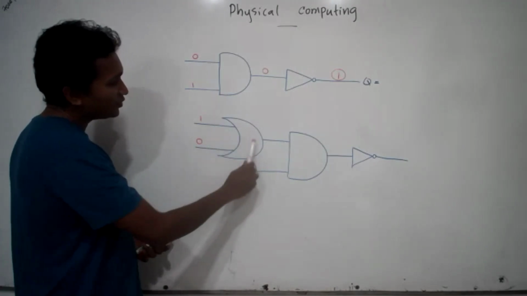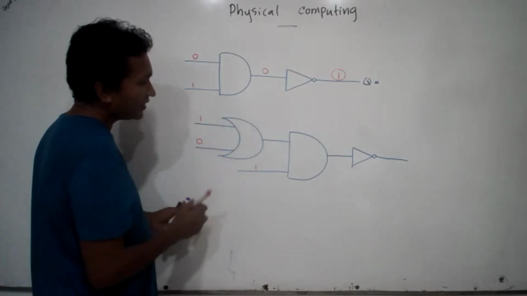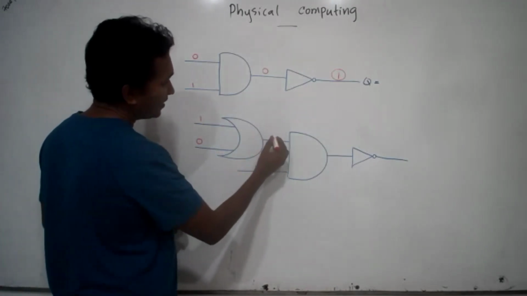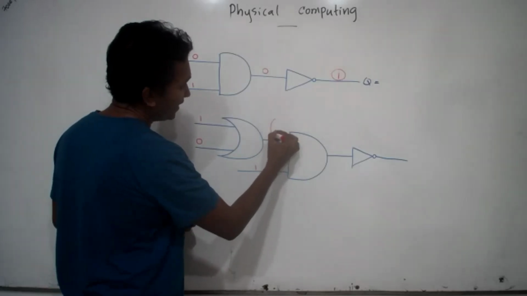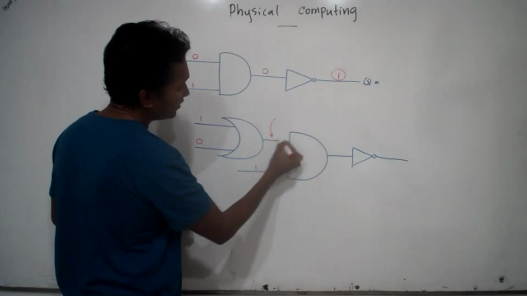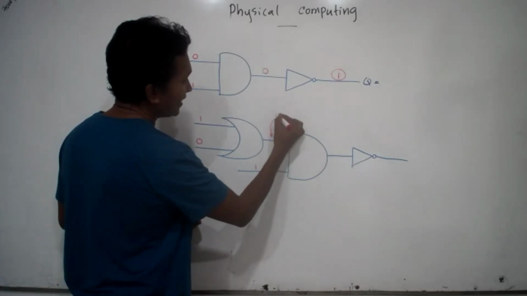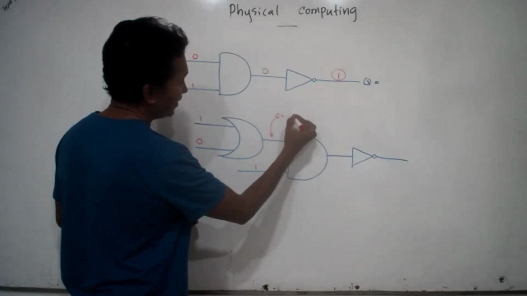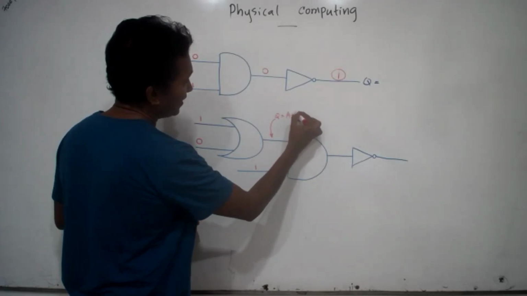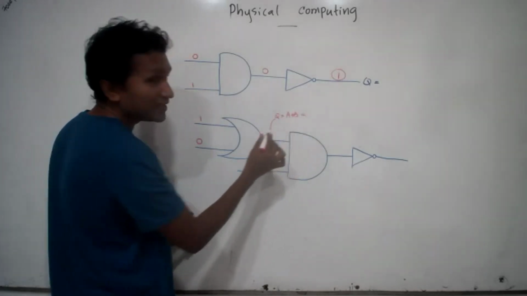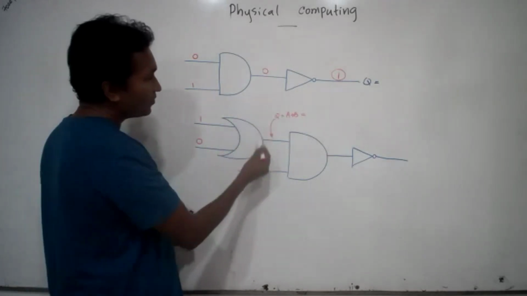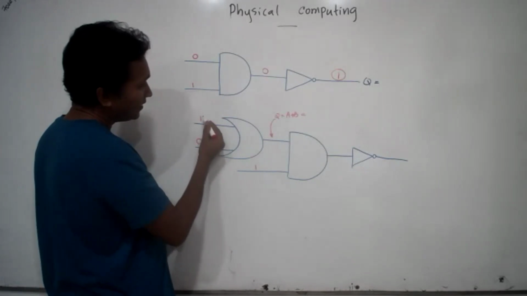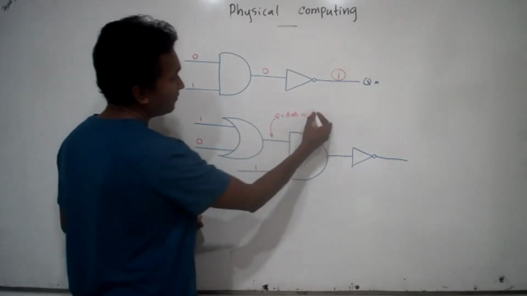This 1 and 0 comes through the OR gate. The output of the OR gate is here. That means Q equals A plus B. Remember, plus here doesn't mean adding these things. So the final output will be, when 1 and 0 come,